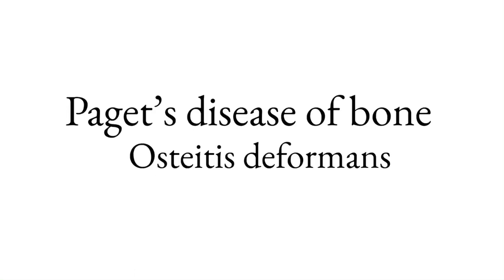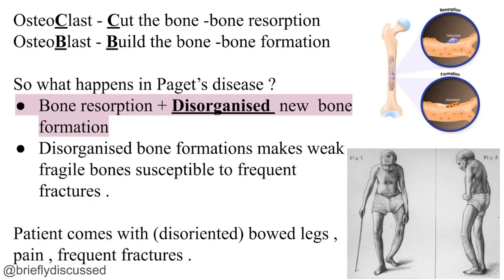Here we'll talk about Paget's disease of bone, which is also called osteitis deformans. Before we get into the topic, the word osteoclast has C in it, so the C stands for cutting the bone or bone resorption. In the word osteoblast, the B stands for building the bone or bone formation. In the beside picture, you can see the osteoclastic activity where the bone is destroyed, or osteoblastic activity where the